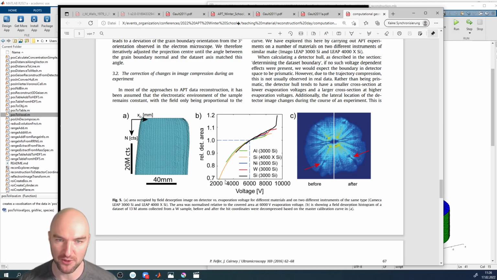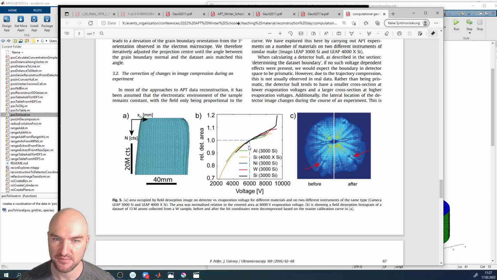And then you'll see the relative detector area change. And then I've just related it arbitrarily to 6 kV. I could have related it to 4 kV, but at 6 kV, all of the data sets had some data. And then you can produce sort of a master curve. And you can use that master curve to decompress your image. And you'll see this is done on some tungsten, and you can see some additional details on longer tungsten data